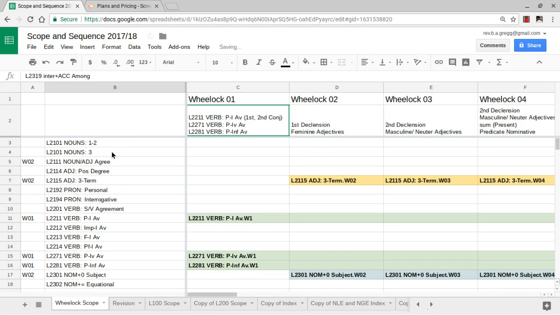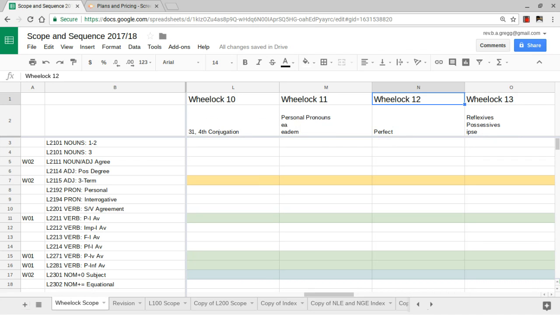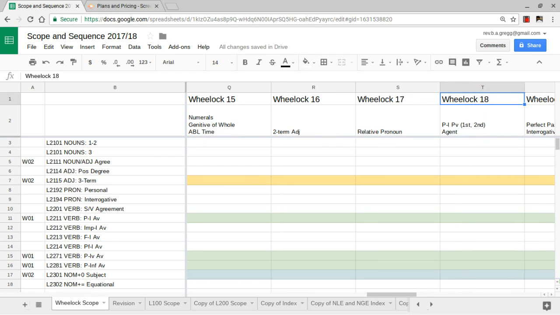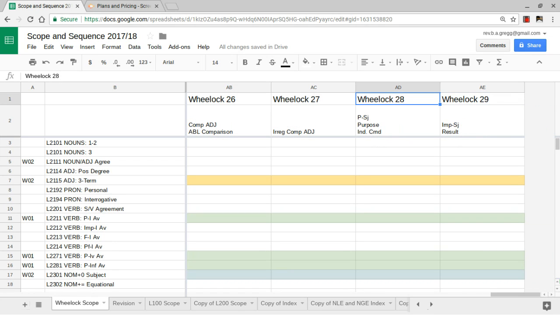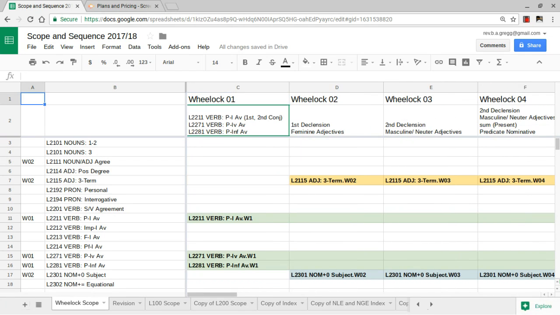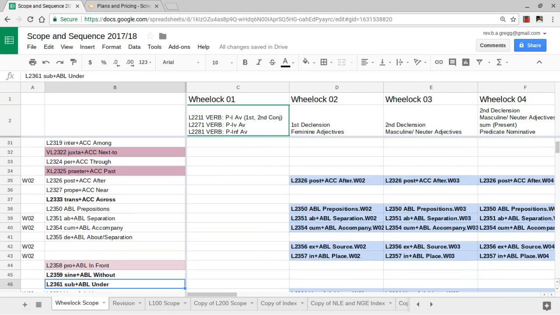It is a Gmail document. That means you'll have, with this link, access to the live updates as I work through them. What I've done first off is I've gone through the chapter with the table of contents and tried to figure out exactly how Wheelock will be going through the grammars, and I should have that all done in about a week. The next thing that I've done is I have the basic skills that are necessary for Latin